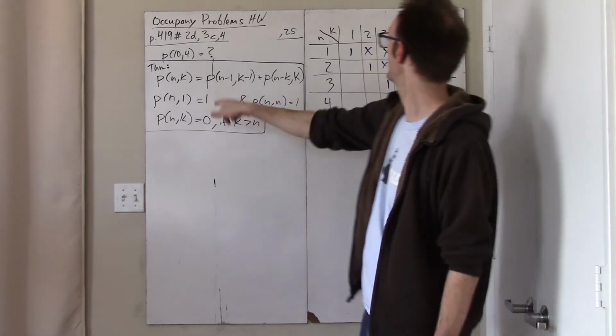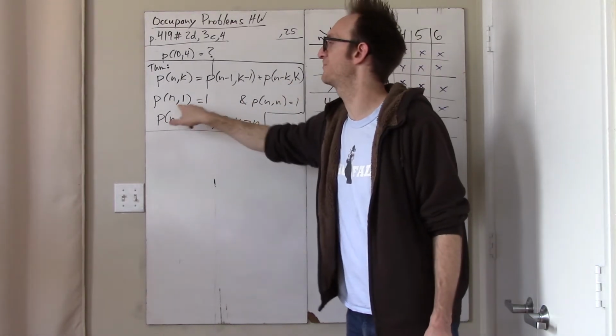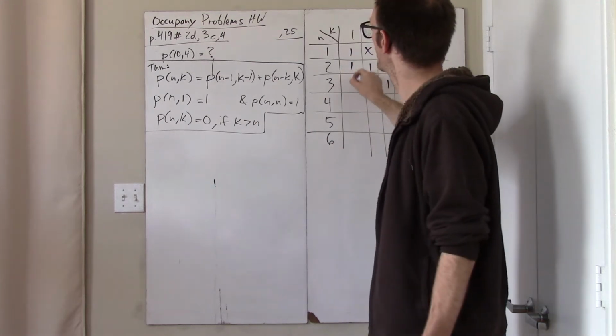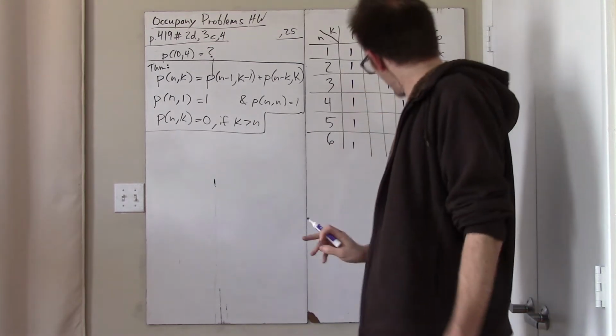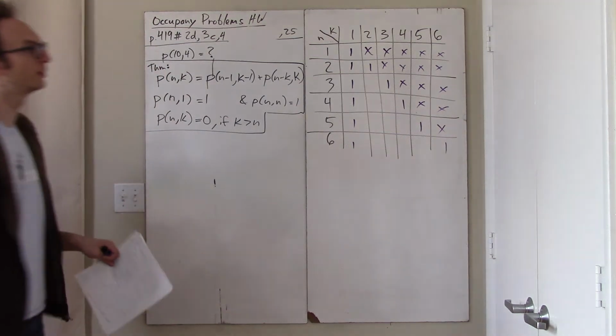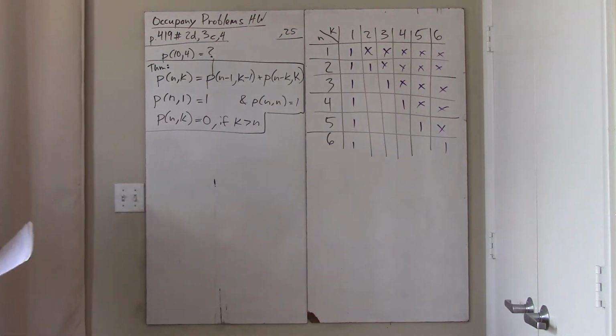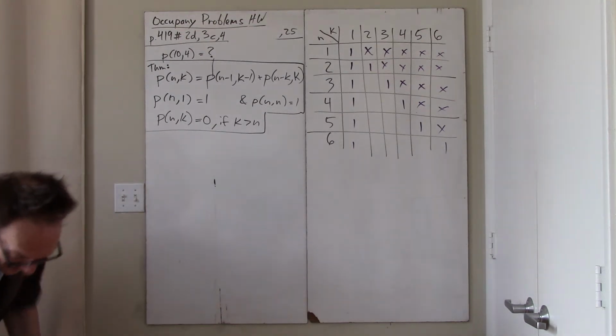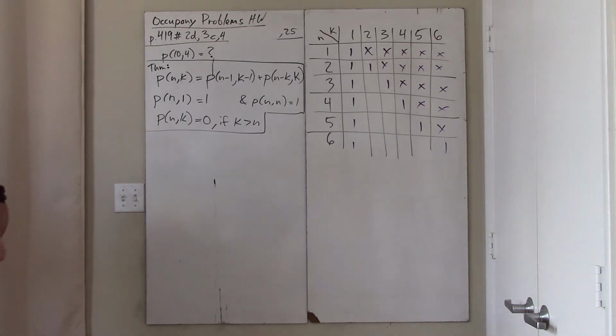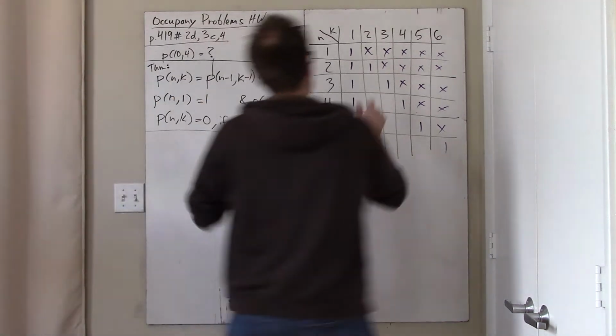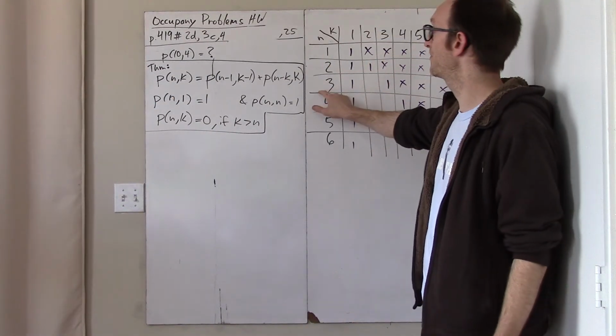And then now is where I really want to have this: that P n 1 is 1, so I can just put 1s here everywhere. Okay, and that's about all of the table that I can do without doing any sort of thinking. Let's fill in the rest of this table right now. How do we do it? Okay, so we need to be here, right? So this is like